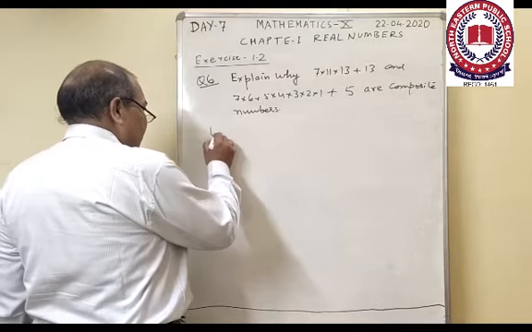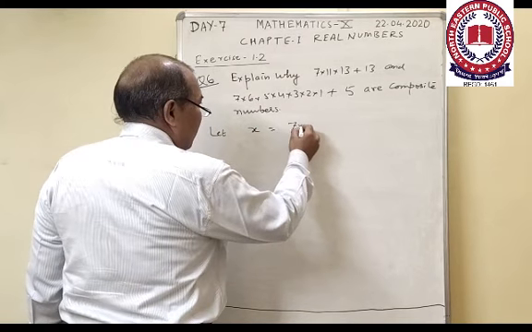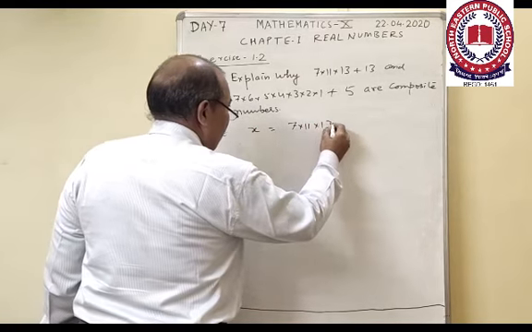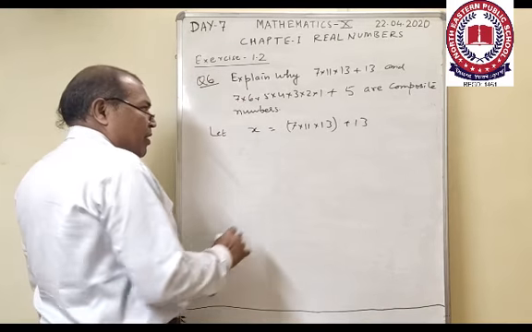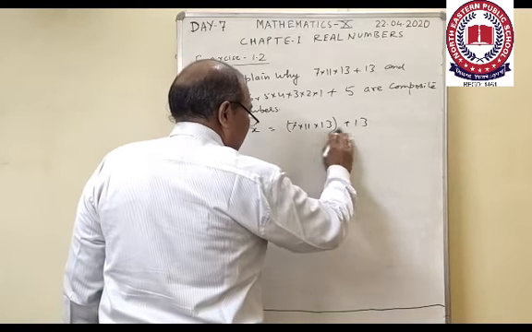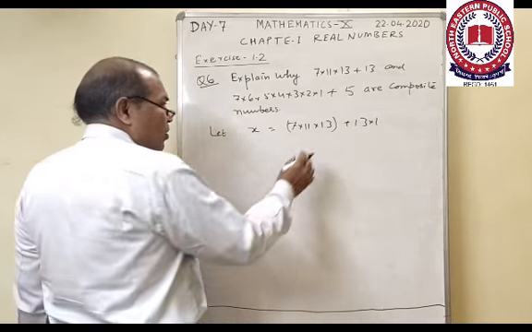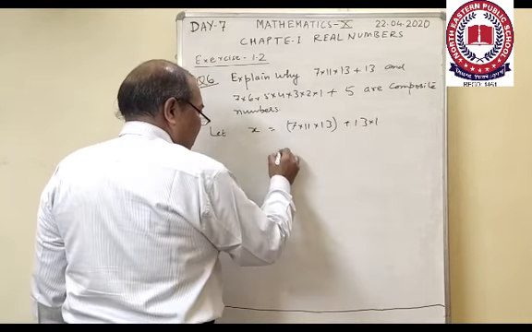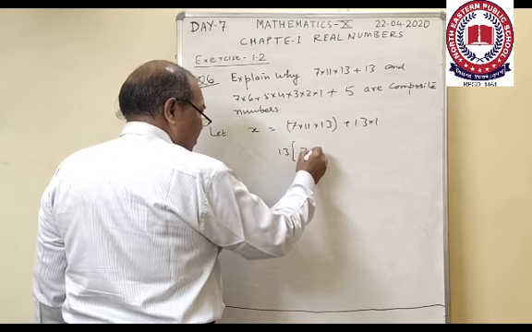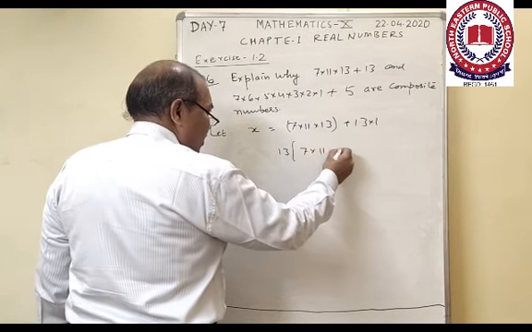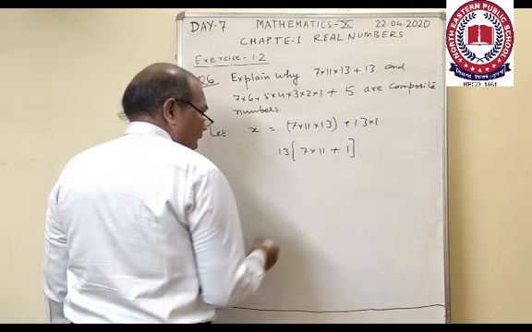Let us consider x equal to 7 into 11 into 13 as one term plus 13 as an additional term. So whenever we see 13 is available in both, 13 can be written as 13 into 1. So 13 is available as a factor in both the numbers. So here we can write the first one leaving 7 into 11, then plus sign is here, 13 is taken out, plus 1 is left inside.